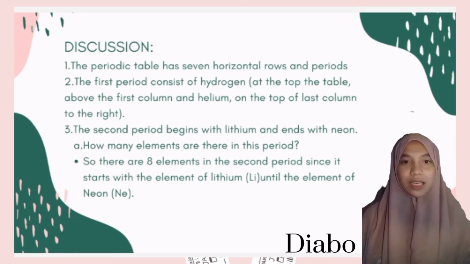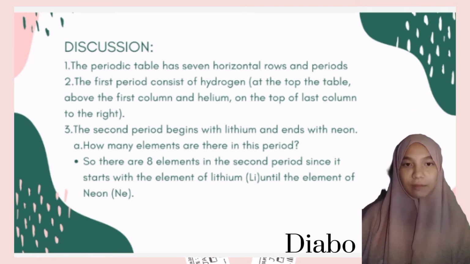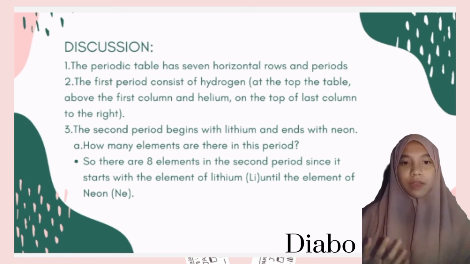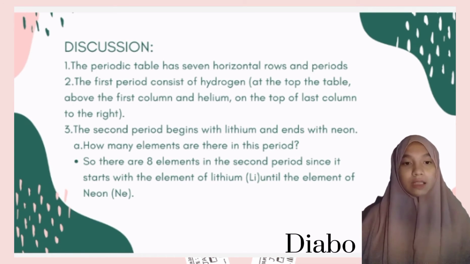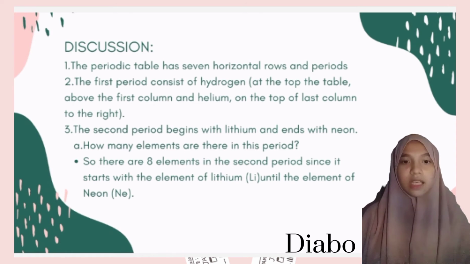So the discussion: the periodic table has 7 horizontal rows called periods. The first period consists of hydrogen at the top of the table above the first column and helium on the top of the last column to the right. The second period begins with lithium and ends with neon. So the question is, how many elements are there in this period? There are 8 elements in the second period since it starts with the element lithium until the element